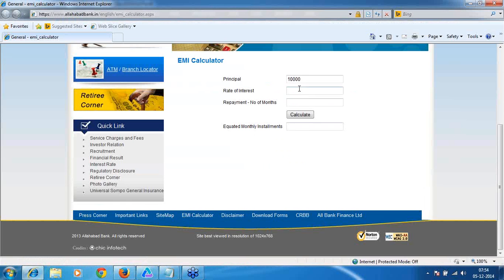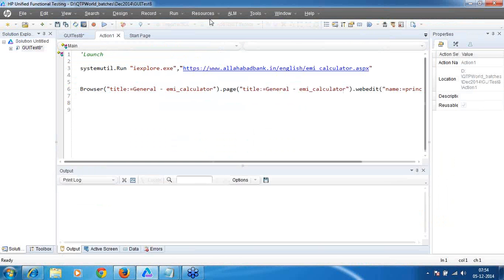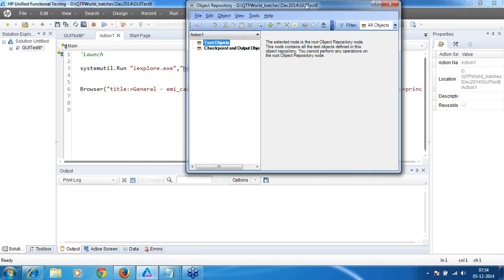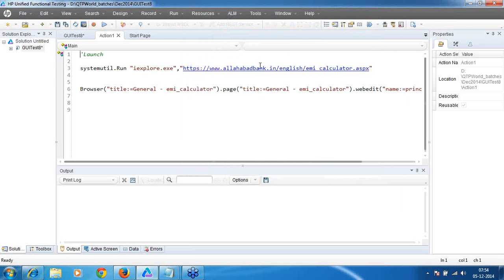What happened in the background? In the application, it entered 10,000. Did we have anything in the object repository now? Nothing. We are directly using the property name and the property value. Everybody getting it? The AOM remains the same, but we use the property names and the property value inside the